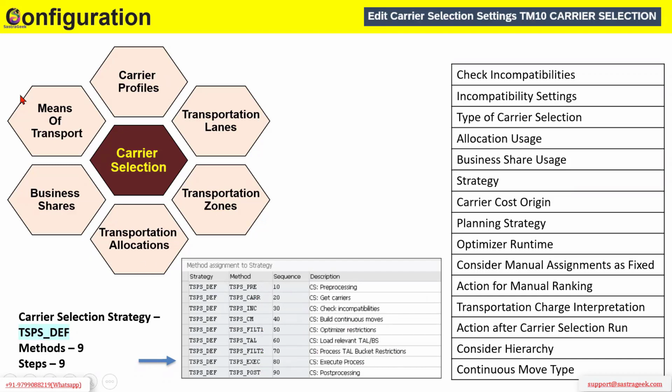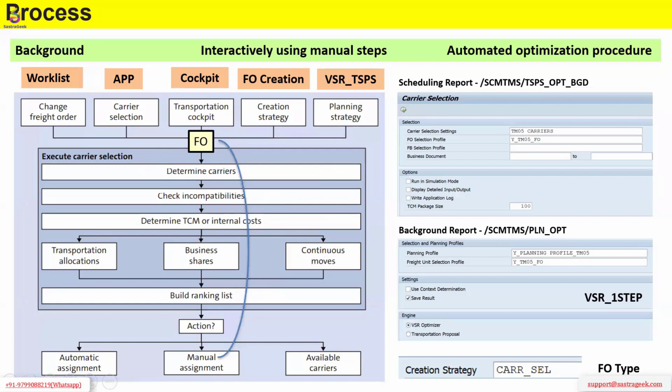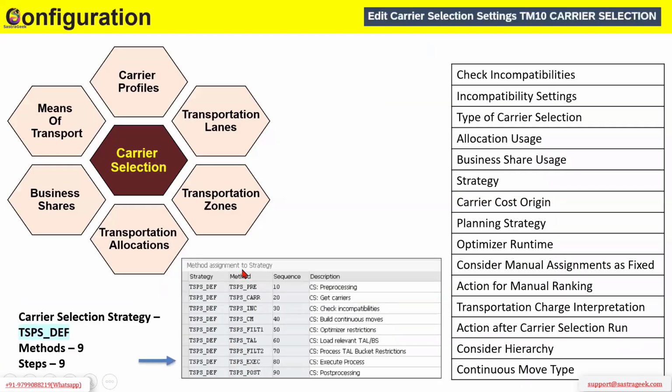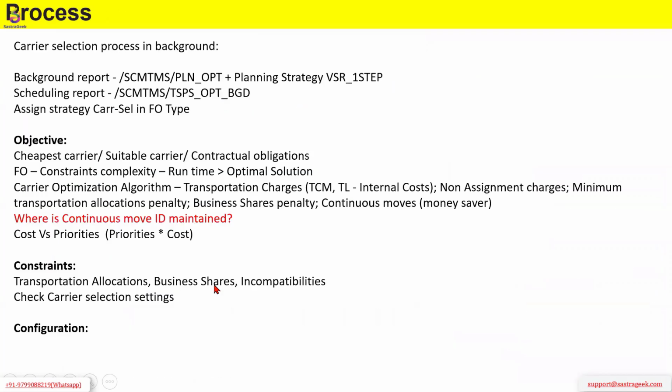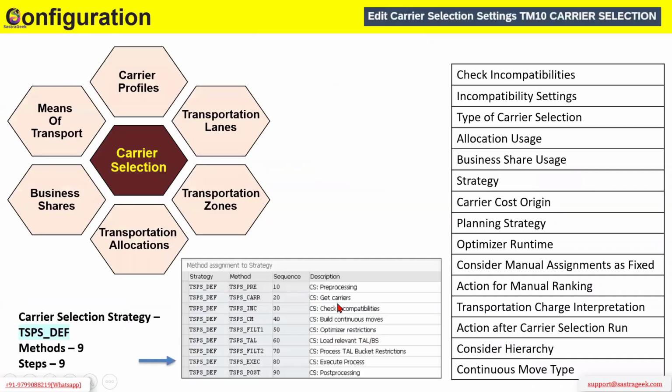It will be taking all of these as inputs: carrier profiles, lanes, carrier profiles, which we have also seen in the master data. It will look into the lanes for which it has to work, select the carrier, zones, allocations, and all that. All these things listed here are the ones mentioned in the carrier selection, which we will see in the planning profile. This is a diagram where this process is depicted as these methods. Whatever you see here is depicted in the form of methods to finally